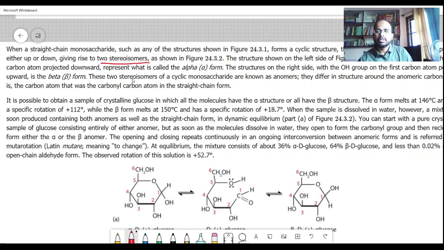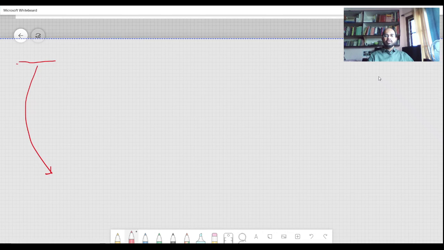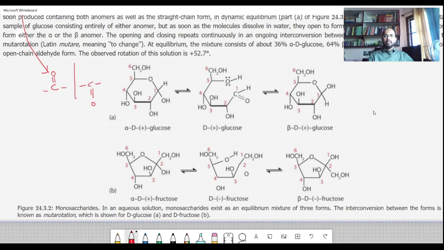Two stereoisomers. One in which the C double bond O may be on top, the other in which the C double bond O may be at the bottom, that is, up and down. I am writing it here as shown in the bigger figure. The structure shown on the left side of Figure 24.3.2, this one,